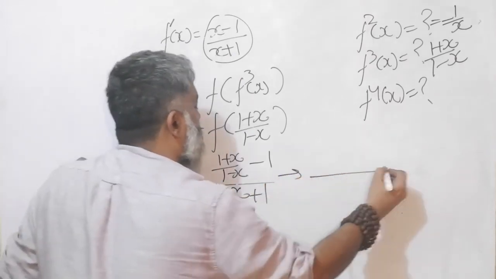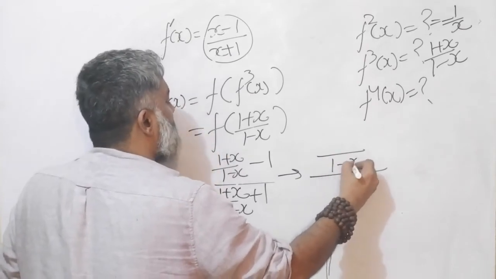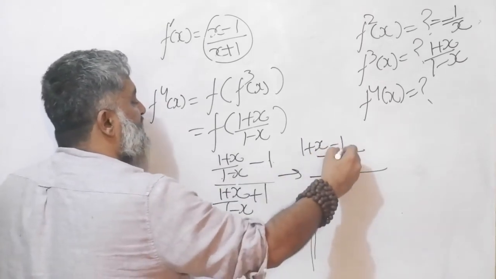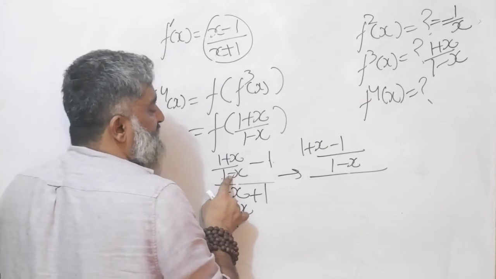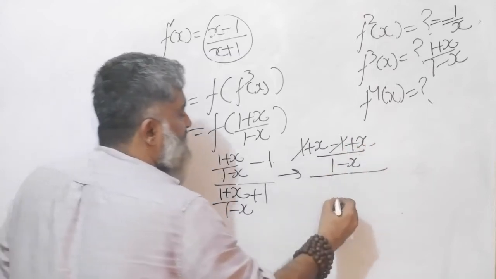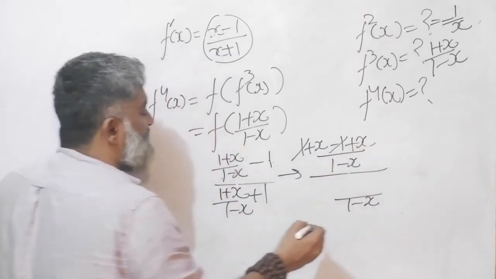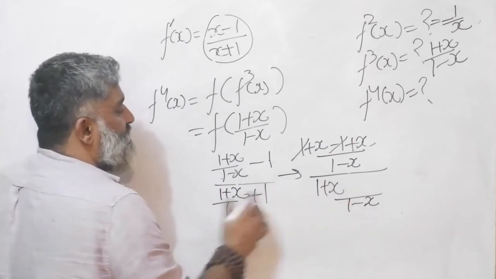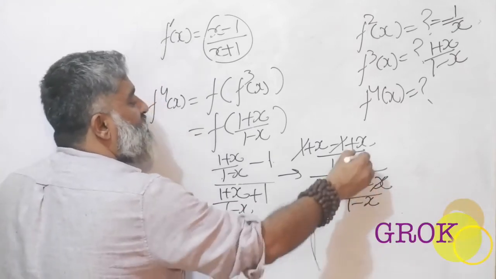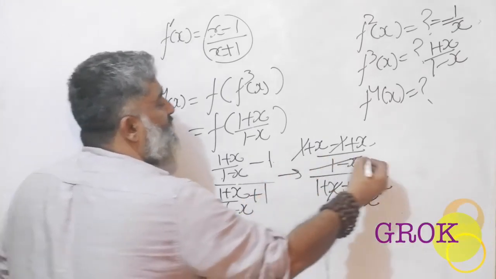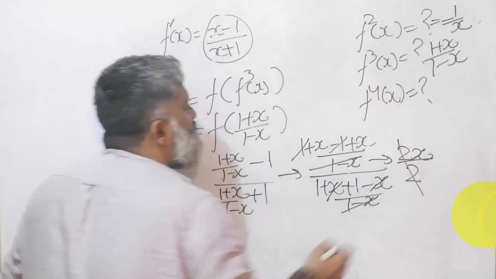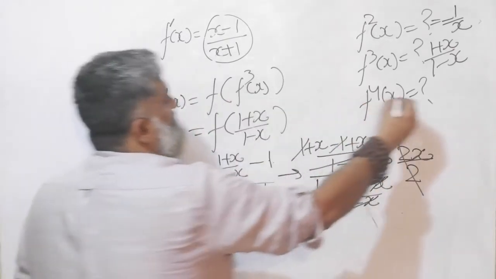Start working this out. The denominator would be 1 minus x. In the numerator, you would get a 1 plus x, and a minus 1 into a 1 will give you a minus 1, and a minus 1 into a minus x will give you a plus x. So 1 and 1 will get cancelled and you'll get a 2x. Do the same thing for the denominator. You have the same 1 minus x. You have a 1 plus x, and a plus 1 into 1 will give you a 1 and a minus x. So x and x will get cancelled and the sum will be 2. This 1 minus x will also be cancelled. So what are you left with? You're getting a 2x in the numerator and a 2 in the denominator. The 2 gets cancelled and you get f4 of x is equal to x.